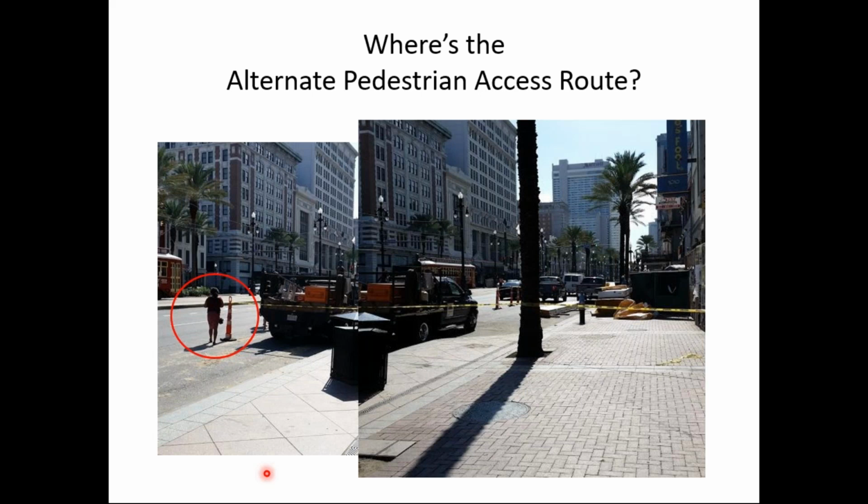But this is Canal Street in New Orleans. Maybe some of you have been there. This is sort of the heart of the tourist district, I think. You can see some of the high-rise hotels in the background. It's a multi-lane street in each direction. You can see there are streetcars in the median. You can see the sidewalks are fairly wide, so there's a lot of pedestrian and motor vehicle traffic in this